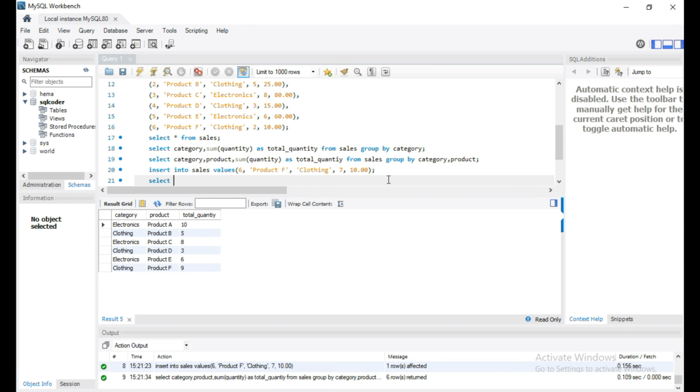SELECT category, AVG of price AS average_price FROM the table sales, GROUP BY category;